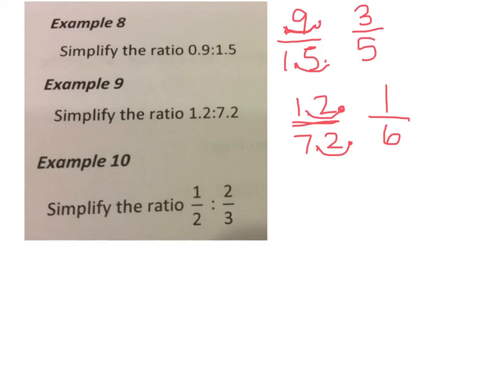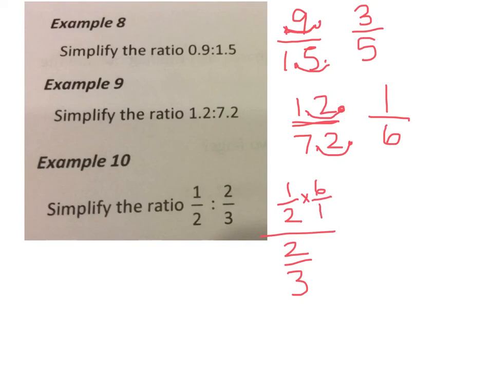And then finally, in example 10, simplifying this ratio, this is going to be the hardest one you have to do. If I write it, it even looks weird. 1/2 to 2/3. Just kind of like we did here, we wanted to get them to be whole numbers so we could reduce. We're going to try to make those whole numbers also. So if I multiply this top number by the same as the bottom to make that whole, that will work. If I multiply this number by 6,